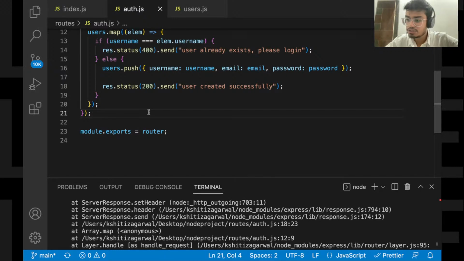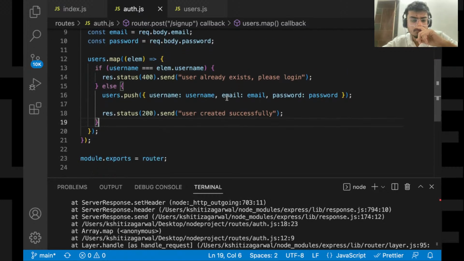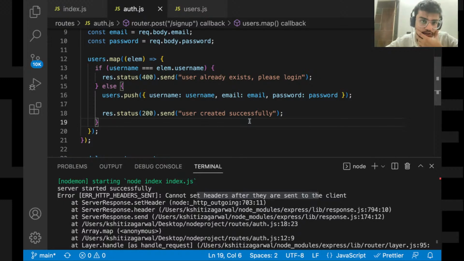Actually, it should work. I am not sure why it is not working. I'm doing something wrong over here. Let me think about it. This should work.